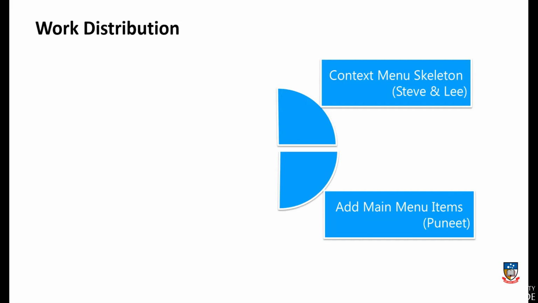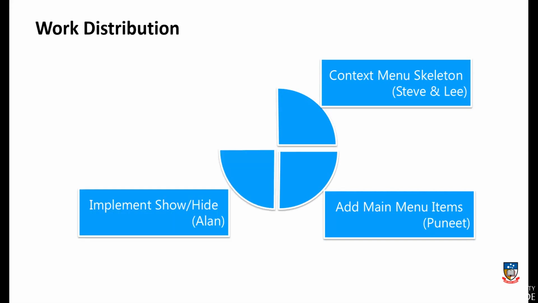Items such as hide title and hide author. This will be done by Punit. The third part will involve actually implementing the functionality behind the second part. That is when the hide title menu